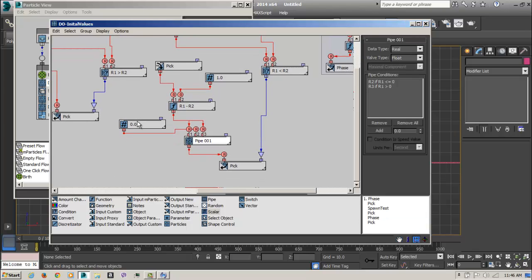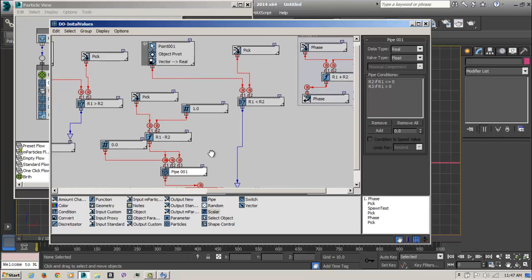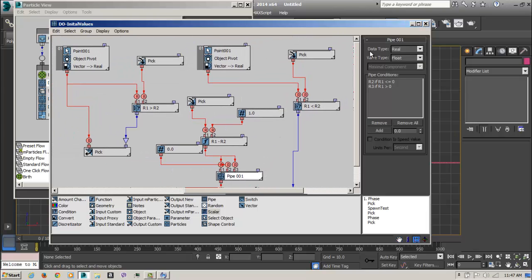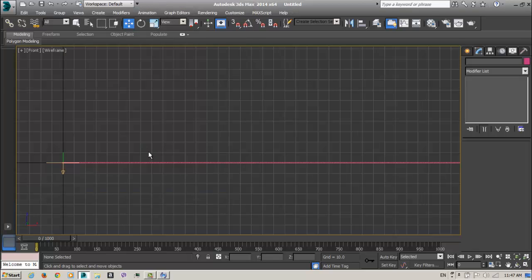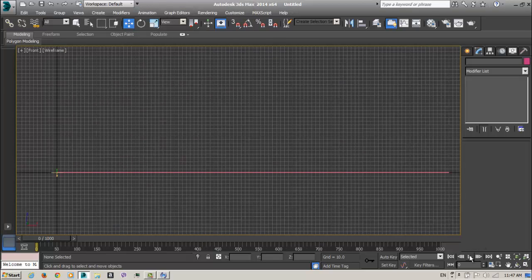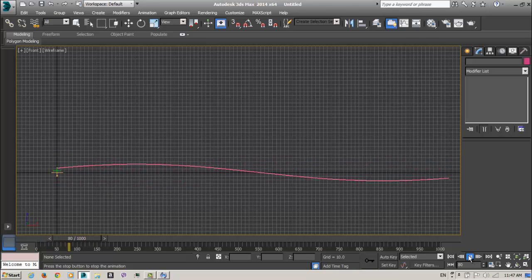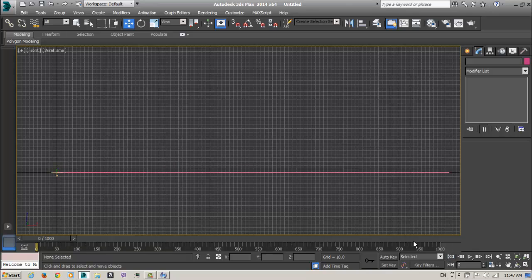So here we have R2, which is 0. If R1, which is this R1, less or equal to 0, and R3, which is the same, this number, if R1 is greater than 0. So what we have done here is exactly this. So I close this and I close this and check what we have created. Aha, you see? It's very beautiful. Okay, the next step is creating the spawn test and creating spawn.